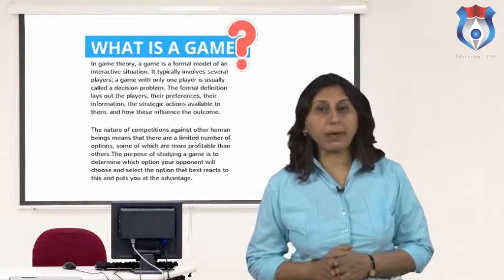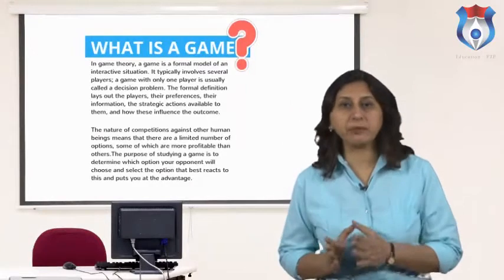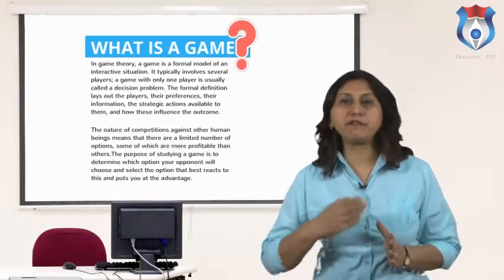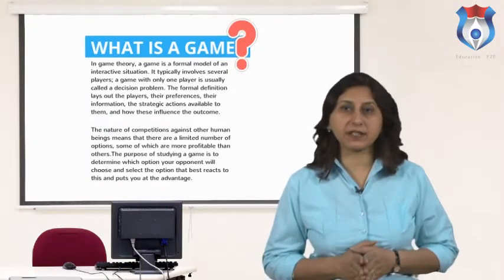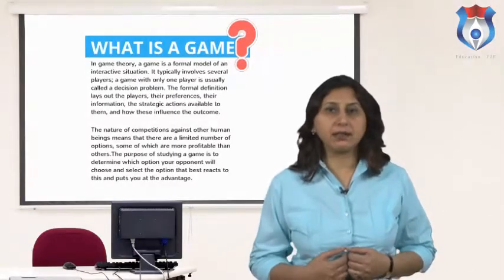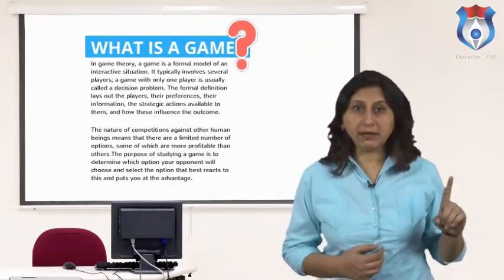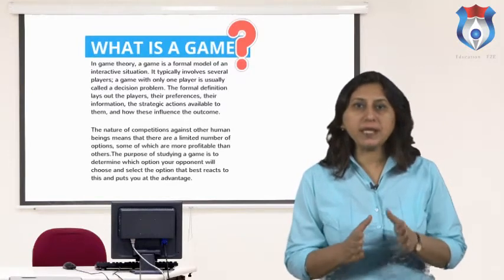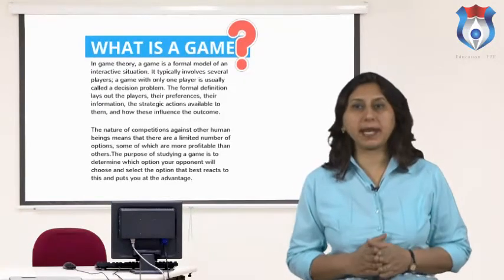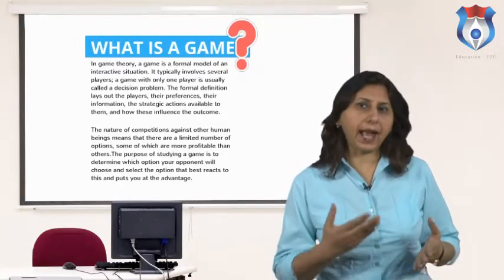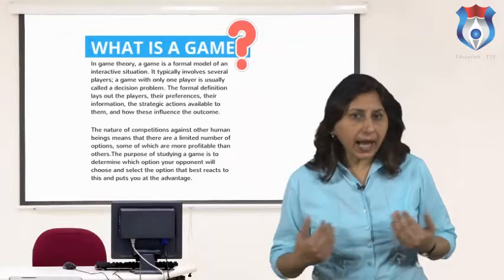Now we will talk about game theory and information systems. In game theory, a game is a formal model of an interactive situation. It typically involves several players. A game with only one player is usually called a decision problem. The formal definition lays out the players, their preferences, their information, the strategic actions available to them, and how these